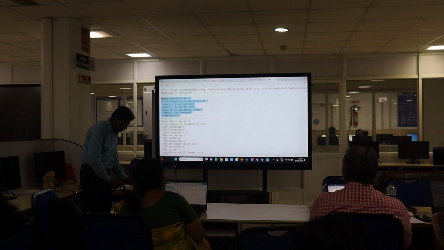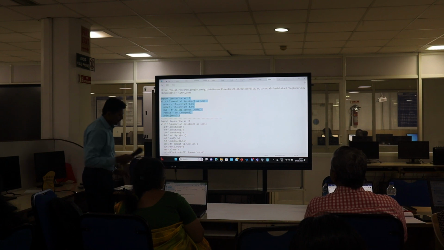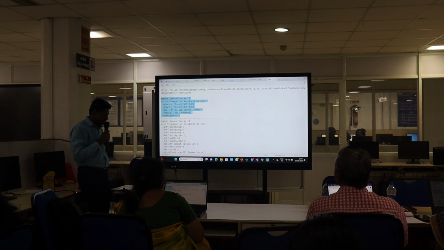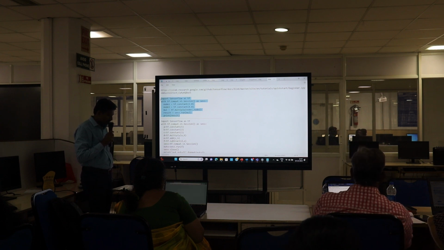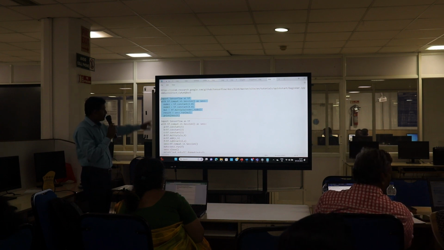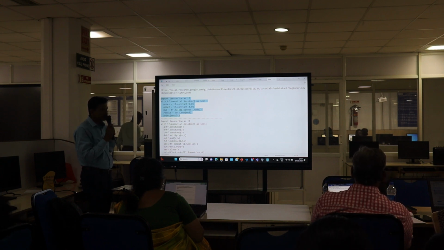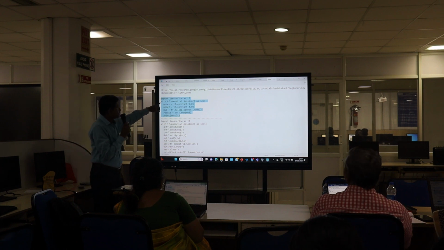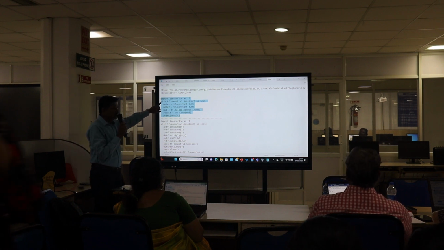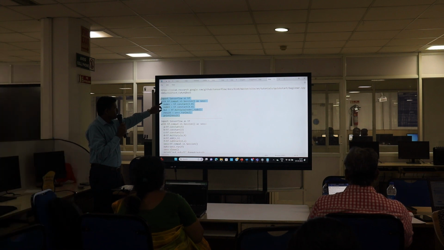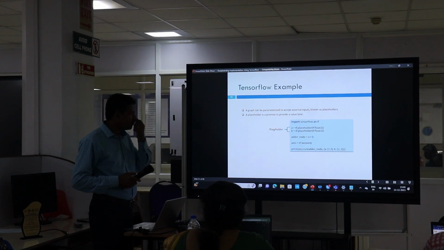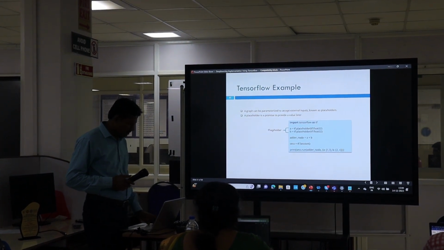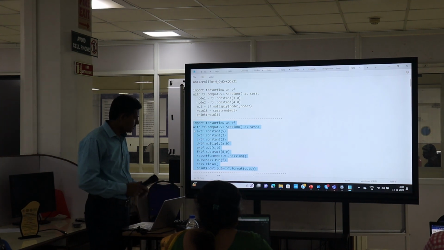Once you have completed the first one, we'll go with the second program: multiplication of two numbers using nodes in the computational graph. Try the second program, multiplying two nodes. Use this line. That's right, this is tf.compat, this is the version problem. Then the final computation will happen and you will get the output. If you want, you can refer to this program.